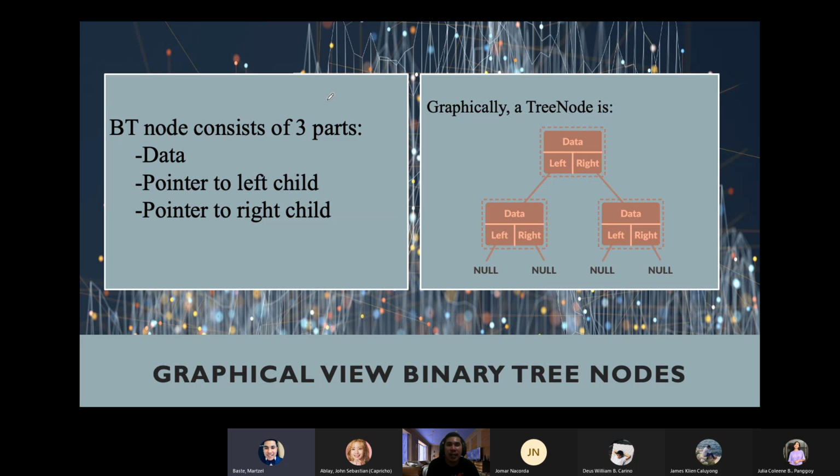Pero ang sa binary tree kay naa siya pointer to the left and pointer to the right. Kaning pointers, if you're familiar with pointer in C++,